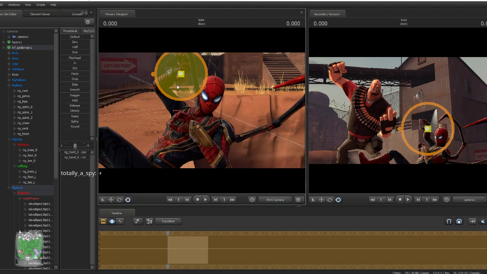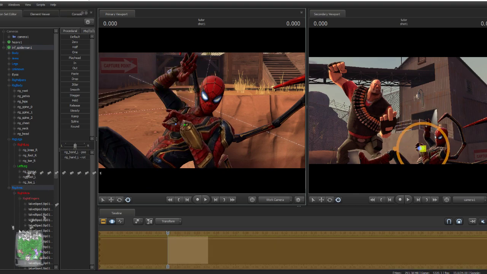I can't get these arms right. I want to make it so that he's really just like,